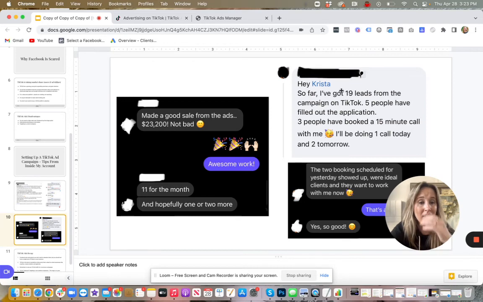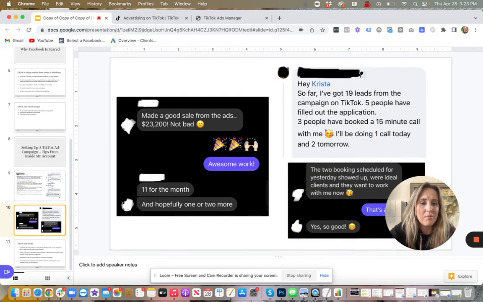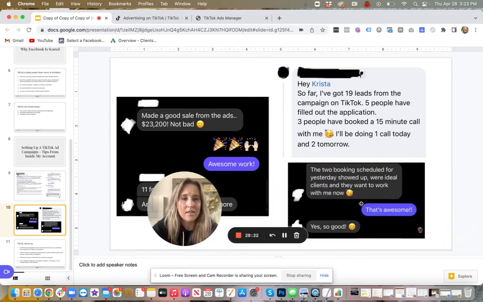And this right here is a client who has a brand new offer. Usually I suggest that you have a proven offer to run ads, but he wanted to try it. So he's got three phone calls booked, and this is the same person, these two messages right here. I just followed up with him, and he said the first call that day did not show up, which is something that happens with phone calls. You have to track how many people show up, but two of them did. He said they're perfect, and now they're going to work with him. So for a new unproven offer, this person is getting clients from TikTok. He's not running these ads on Facebook at all yet.